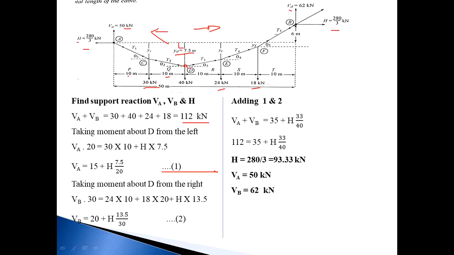So let us see the moment. First VB, from point D to point B, what is the perpendicular distance? That is 10 plus 10 plus 10, that is 30, and the force is VB. So VB into 30 is equal to, then next, 24 into the horizontal perpendicular distance from D to point E, which is 10 meter. Then for 18 kilonewton, the distance from point D is 10 plus 10, 20. So that is 18 into 20. And for H, now I want to find out the distance